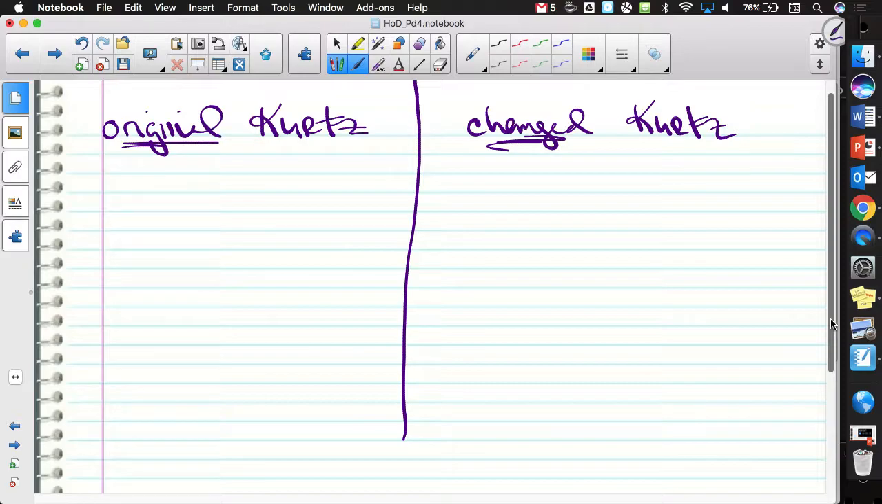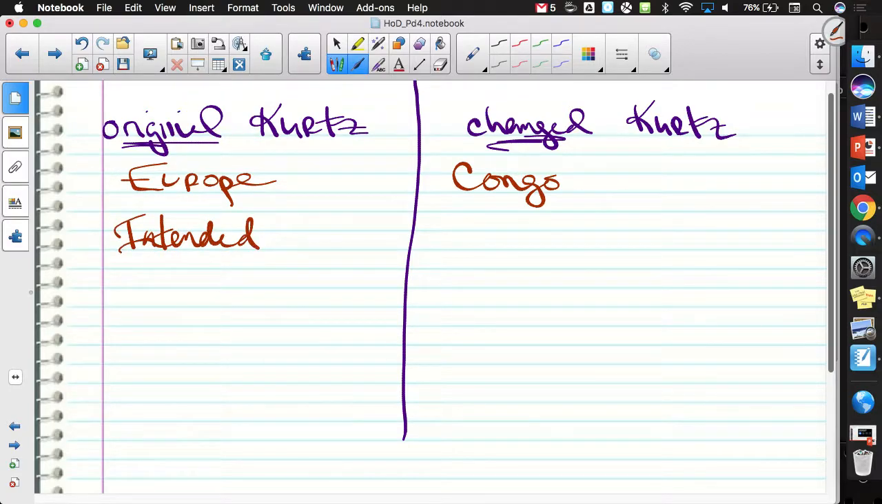What would be some differences from original to new or changed? What I mean is, it could be a term, a quality or whatever over here, and then what's the new one over here? So the most basic example would probably be the original Kurtz is in Europe, the changed Kurtz is in the Congo. So for things that have relationships, what would be some things about that? Original Kurtz had a fiance that, as far as we knew, he was faithful to, but then changed Kurtz just has